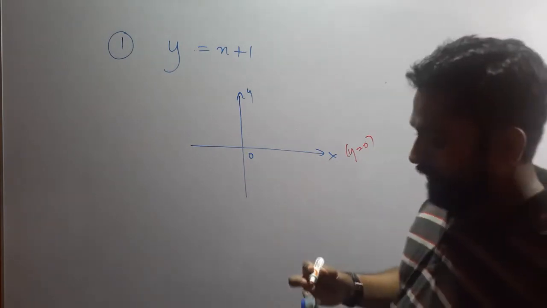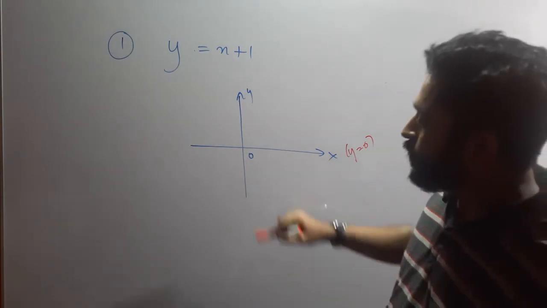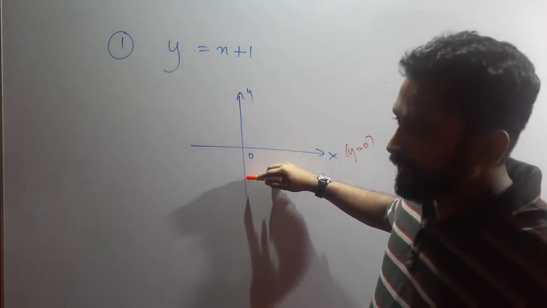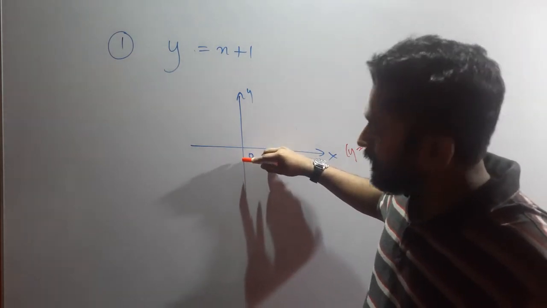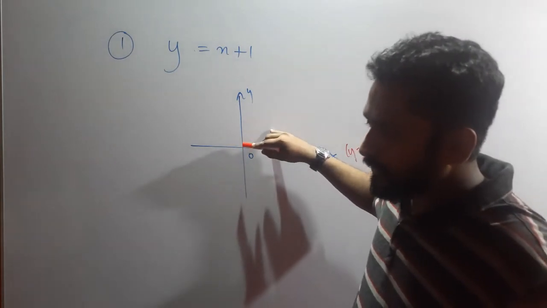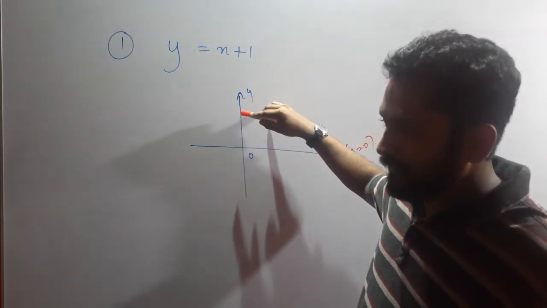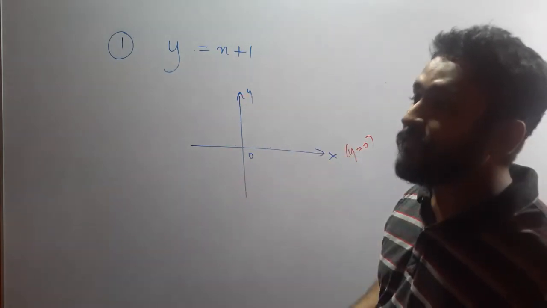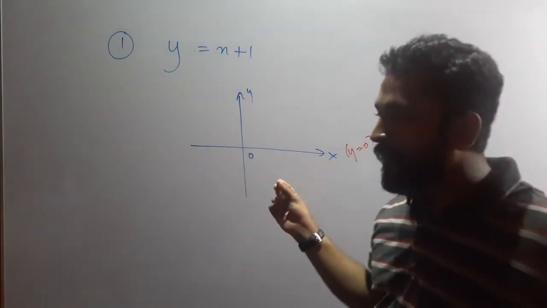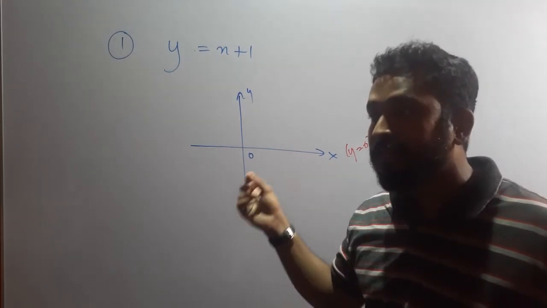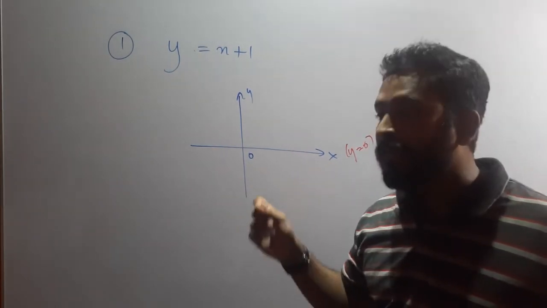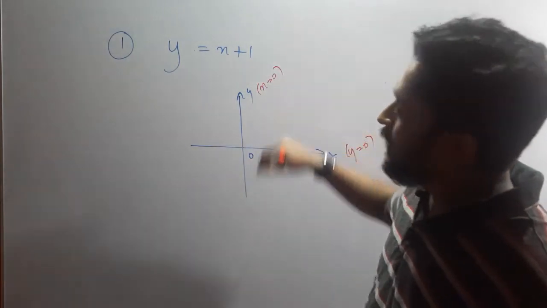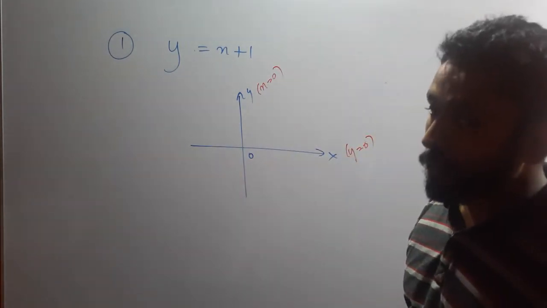The same way, when I go through the axis of y, what is the value of x? I am going through y-axis. What is the value of x? It is 0. So as the same way I am naming y-axis as the vertical axis, the mathematical name for y-axis is x equals 0. X equals 0. Got it?